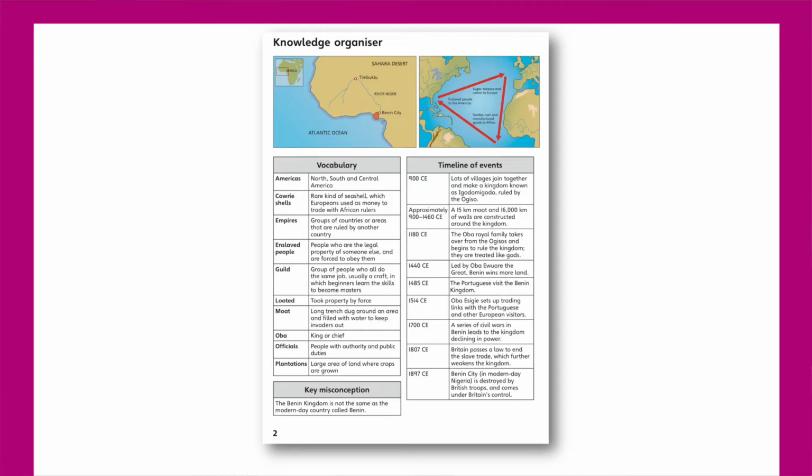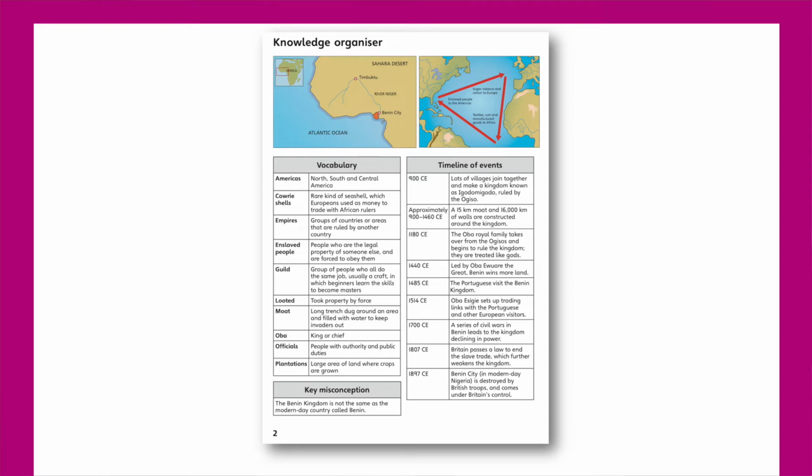As always, we begin with our knowledge organiser, which brings together the key facts that pupils should learn by the end of the unit. There's a map which locates the nexus of the Benin Kingdom with its capital city of Edo, now known as Benin City. You may wish to bring attention to the fact that the Benin Kingdom was mostly located in modern-day Nigeria, not modern-day Benin. There's also a section on key vocabulary and a timeline, as well as a map showing the triangular